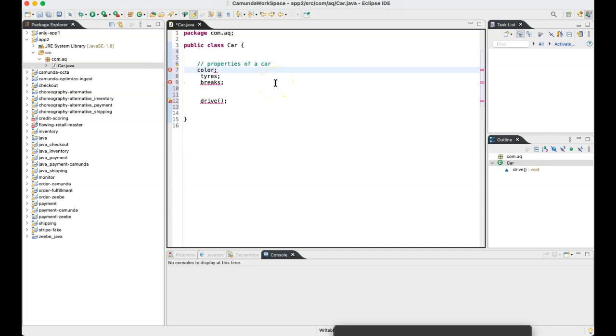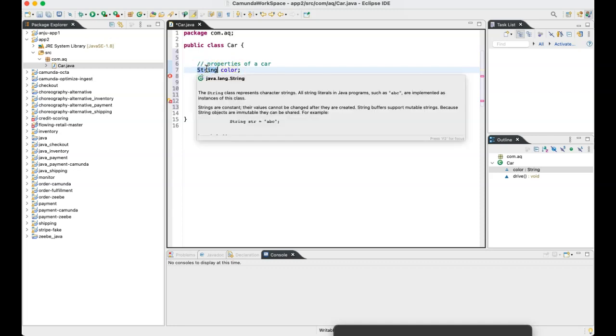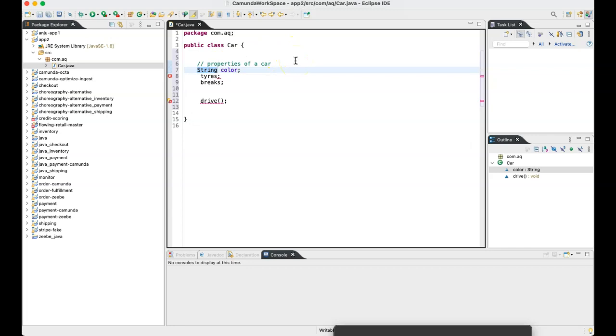Usually when you try to declare anything in programming, you need to tell what sort of type it is, that's why I'm telling it's a string. Color, if you see, red is not a number, green is not a number, it's a text, which in programming is called a string. Just remember that any text in programming will be called a string, irrespective of which programming language you go into.